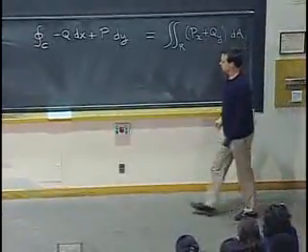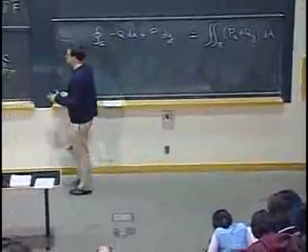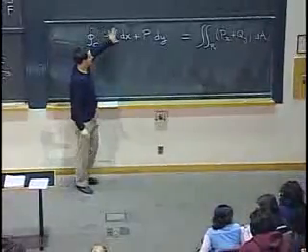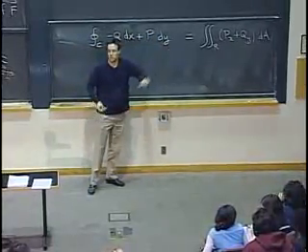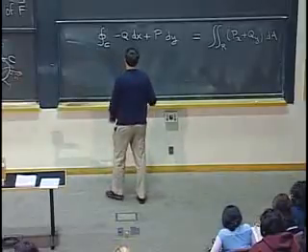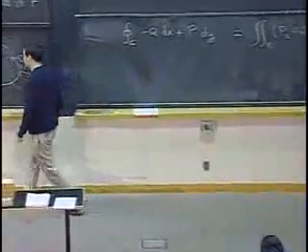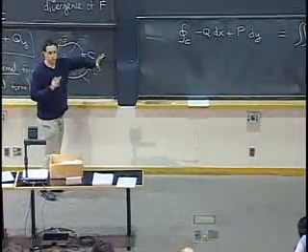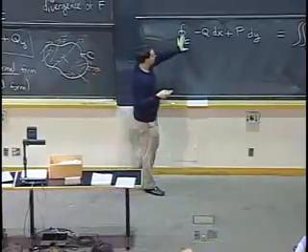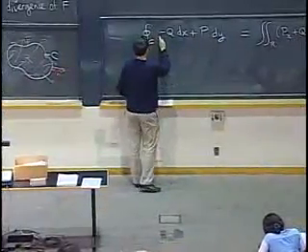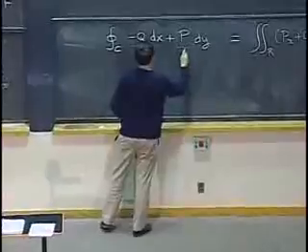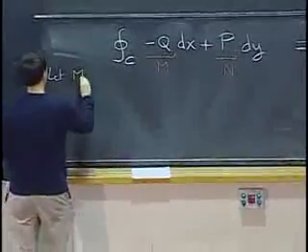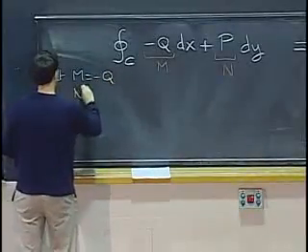So this looks a lot like, this is really one of the features of Green's theorem. No matter which form it's in, it relates a line integral to a double integral. So let's just try to see if we can reduce it to the one we had yesterday. Let me forget what these things mean physically and just focus on the math. On the math, it's a line integral of something dx plus something dy. So let's call this guy m, and let's call this guy n. So let m equals negative q, and n equals p.